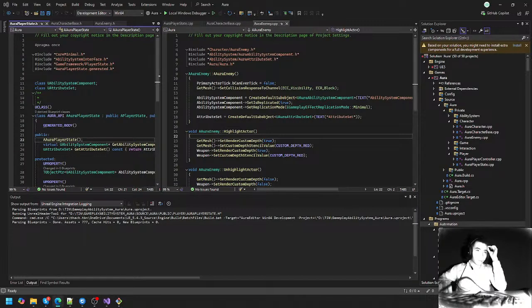You see, it depends. Now, here are some rules of thumb and good places to do so in a multiplayer game. The first thing we need to know is that calling init ability actor info must be done after possession. In other words, the controller has to have been set for the pawn. So it's important that we do this after the controller has been set for the pawn. So when is that? Well, for a player-controlled character in which the ability system component lives on the pawn itself,